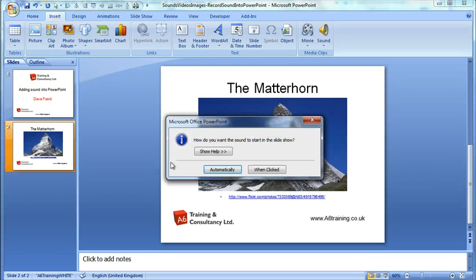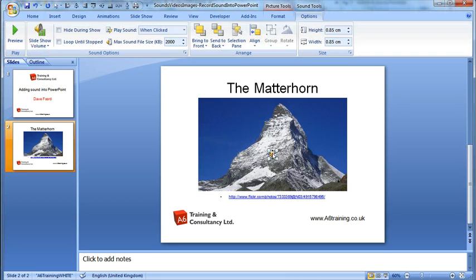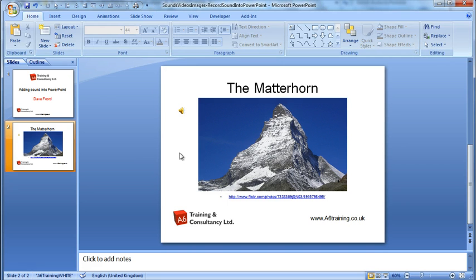Now this will then come up with an option box. I have two choices. I can either make it play automatically, so as soon as that slide appears in the presentation, the sound will start playing, or I can choose when clicked. Okay, I'm going to go for when clicked, and again I'm just going to move my sound icon over to the side. Yeah, and this would then work in the same way, but the advantage of this is the sound recording would be a much higher quality because it's been recorded using proper audio recording software rather than the built-in